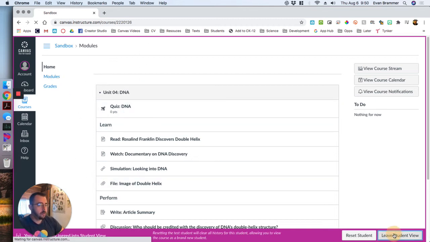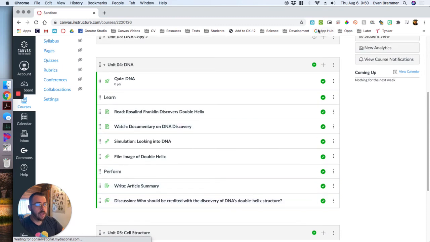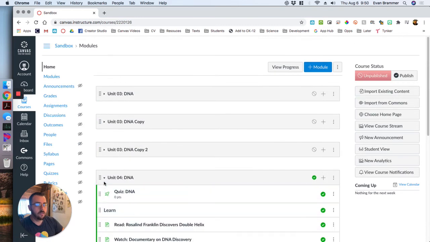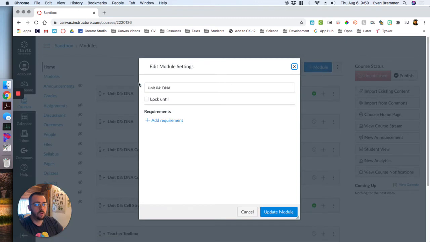Okay. And so another way of doing it, kind of sticking with this idea, is instead of unpublishing it, you just reorder it. And this takes a little bit of extra work. You've got to go in there and do it all the time. But I can just put my latest unit, and I could even come in here and put the words, okay, current or something like that. Maybe I'm going to put it in big, bold, block letters,